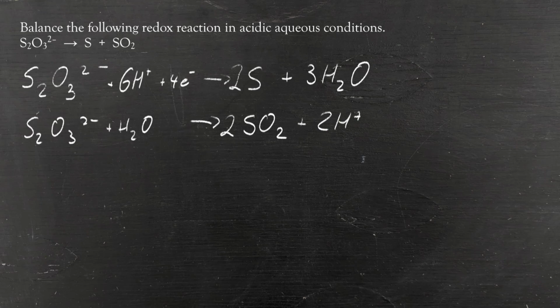Now we think about charge. -2 on the left-hand side, +2 on the right-hand side. We're going to need 4 electrons on the right-hand side to make everything balance. Now, because both half equations have the same number of electrons, we can add them together, which gives us